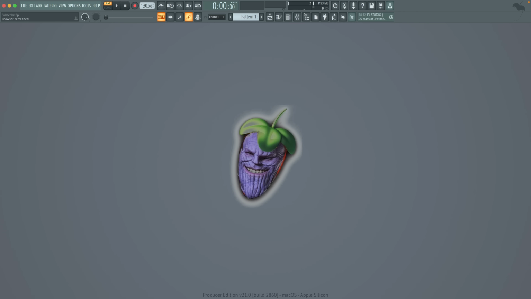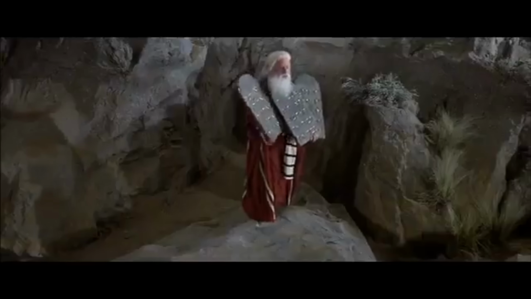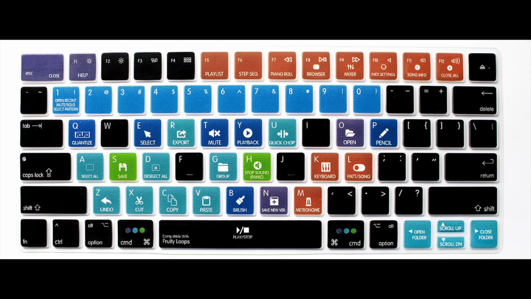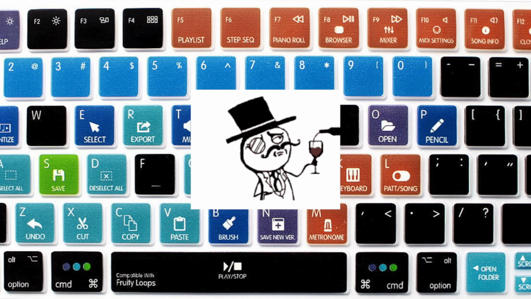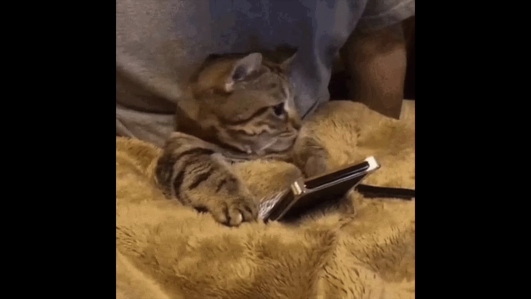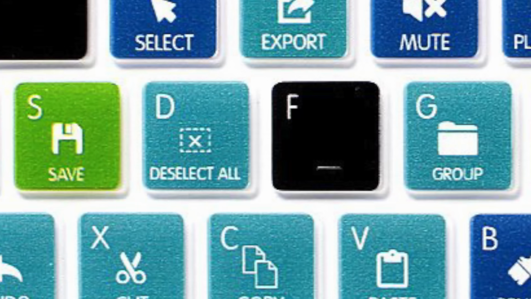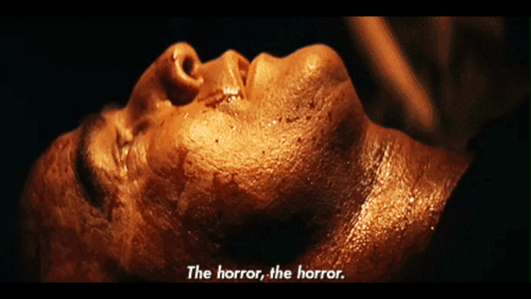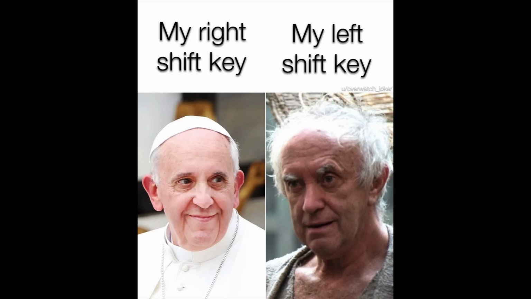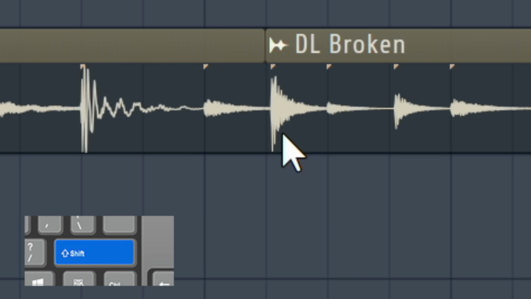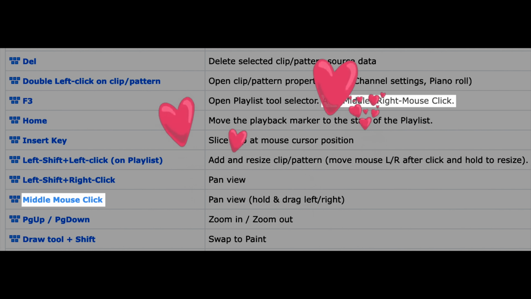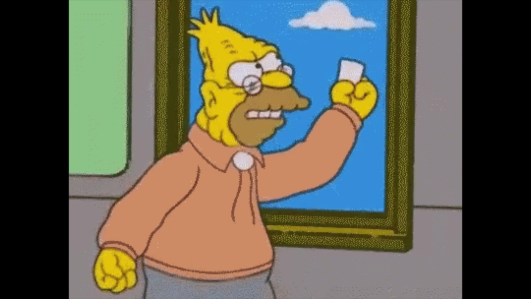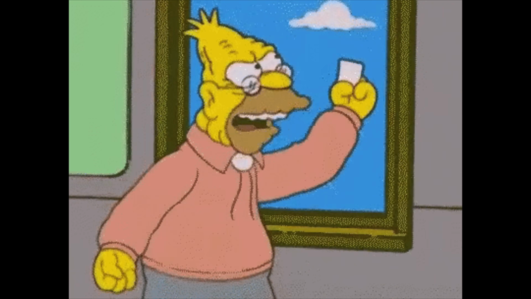As we are talking about workflows, the shortcuts are carved in stone, they should be your gospel, and they are a little too spread out on the keyboard for my taste. Having to leave my cozy modifier corner for opening the mixer with F9 is okay, but editing audio in FL made me use my right shift key for the very first time, and even the middle mouse button got some love. Leave a comment if you're using the multi-touch feature. Time for a little old man yells at cloud moment.